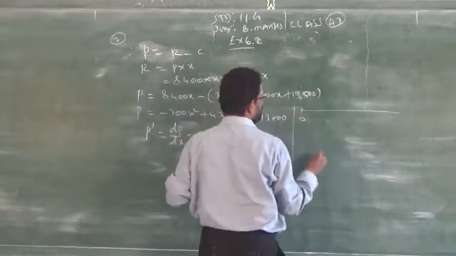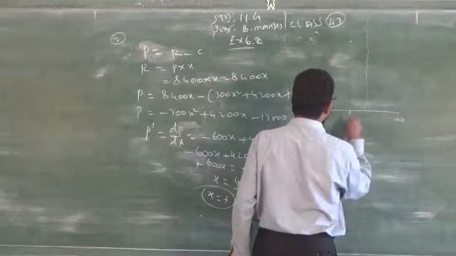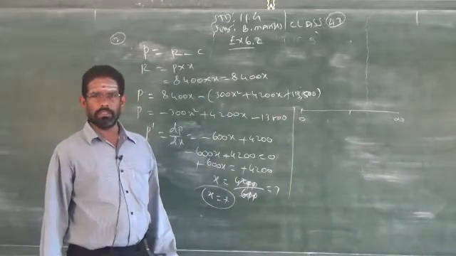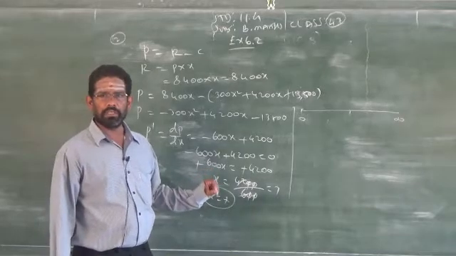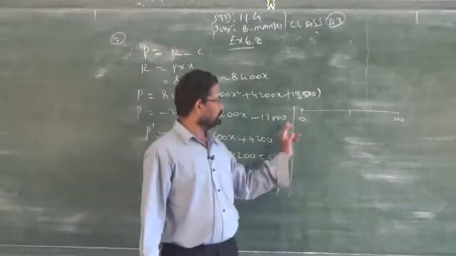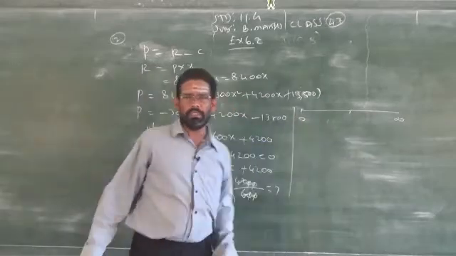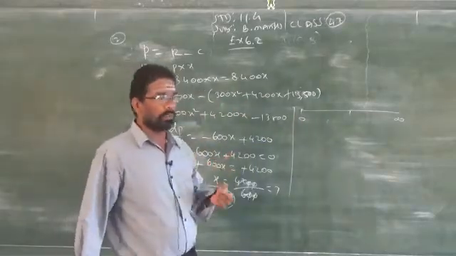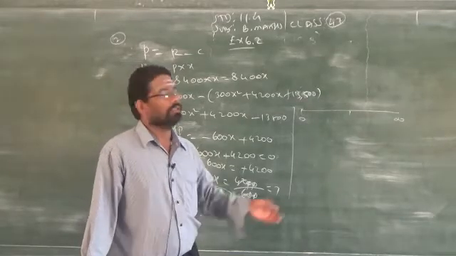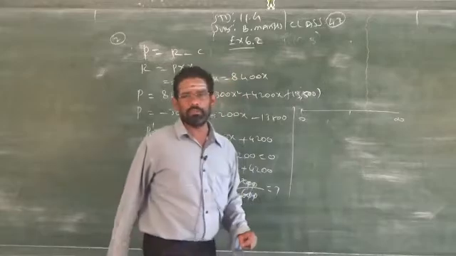That is, profit cannot be negative. I told you already, it depends upon the question. You have to take 0 to infinity or minus infinity to plus infinity. If it is not mentioned as cost or revenue function only, in such a case you have to take minus infinity to plus infinity. When it refers to rupees, rupees cannot be negative, that is cost, revenue, profit, so please start the number line always from 0 to infinity.